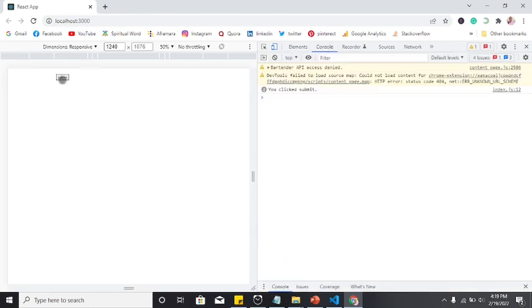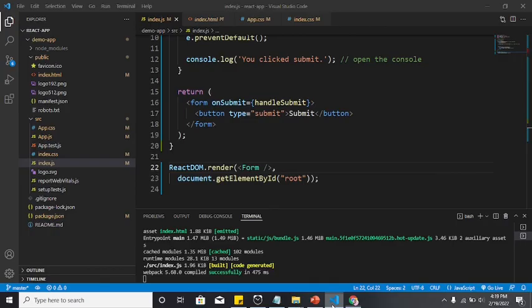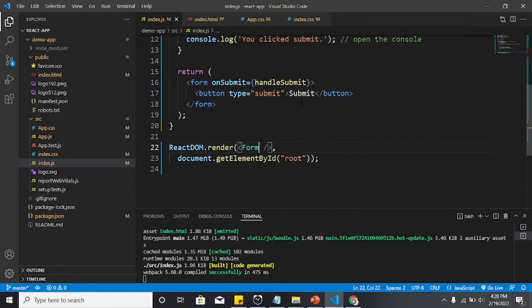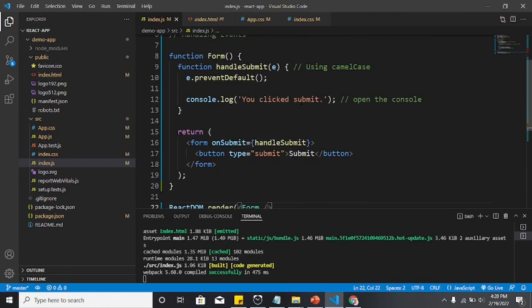Now when I click, it just shows you the number of clicks that you have done. So you clicked submit, right? So that is now just an intro on events. Remember, we use the e.preventDefault, e standing for event, preventing the default behavior of submitting your form, and basically just to show you how to use events in